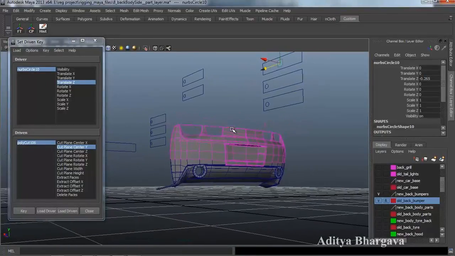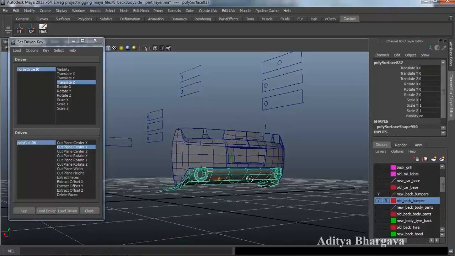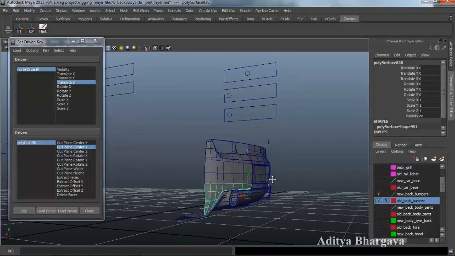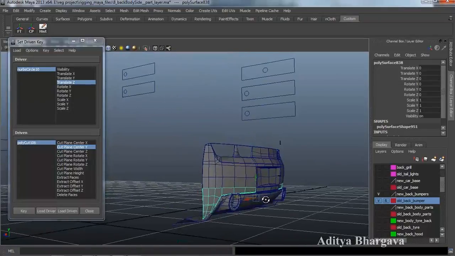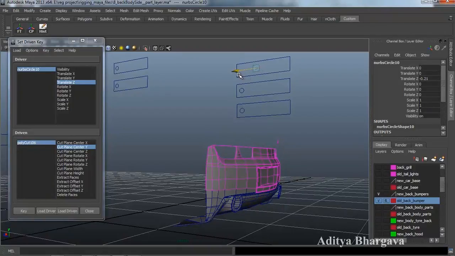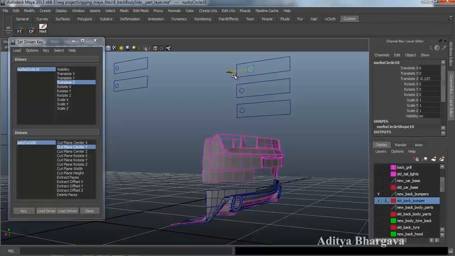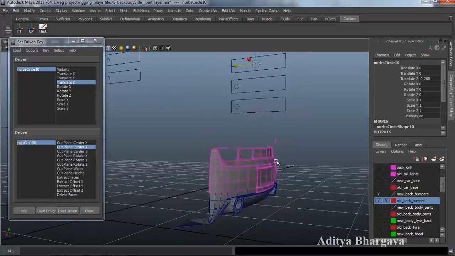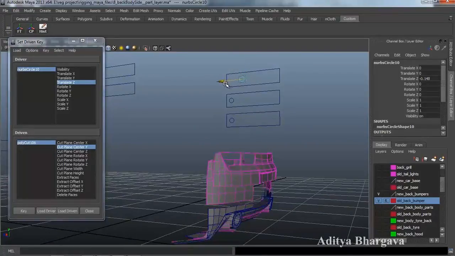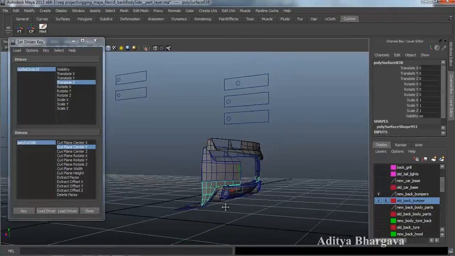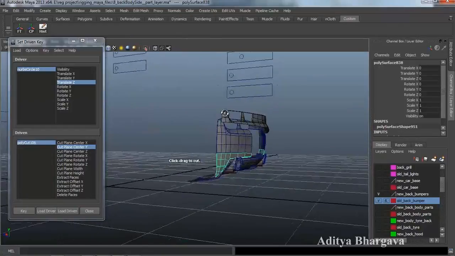Okay, so now this part has been left, so we'll keep this part hidden till this part over here. So we'll select this part, go to edit mesh, cut faces tool, and add a